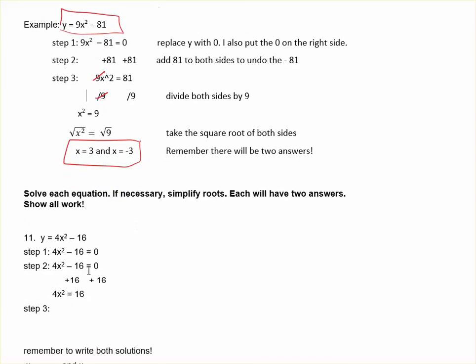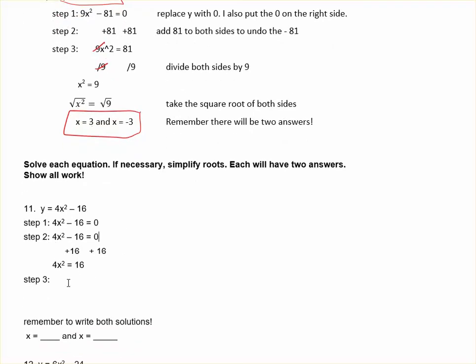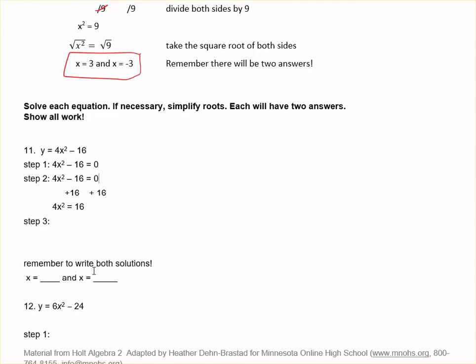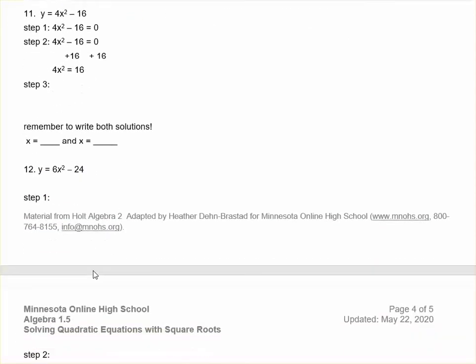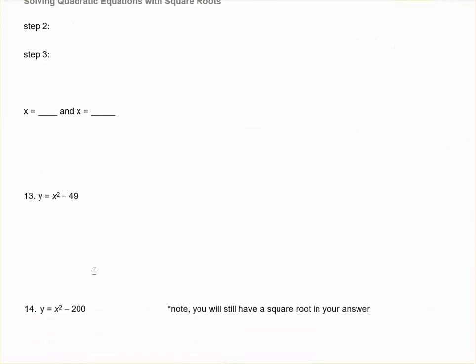So number 11 has been all set up for you, almost solved, and you just have to finish. So what you're going to do in number 11, the next step will be to divide both sides by 4, and then the last step will be to take the square root of both sides. Let's look at number